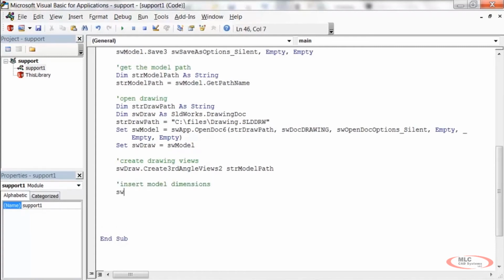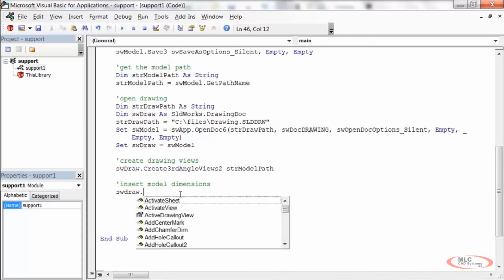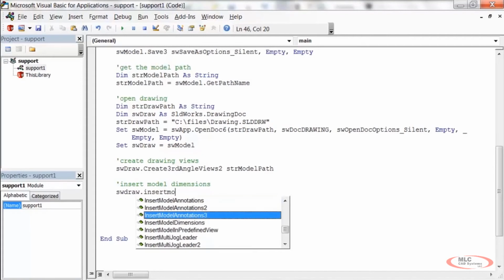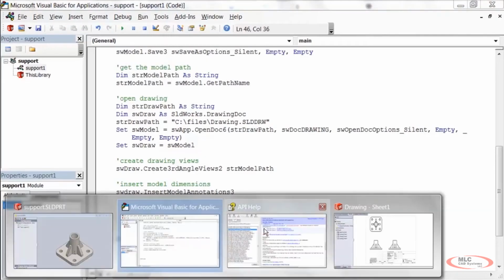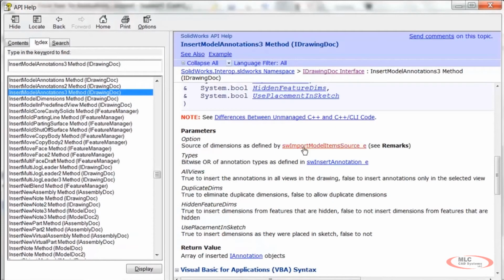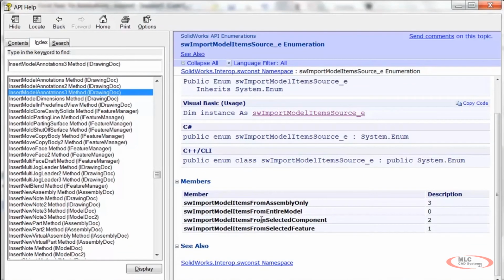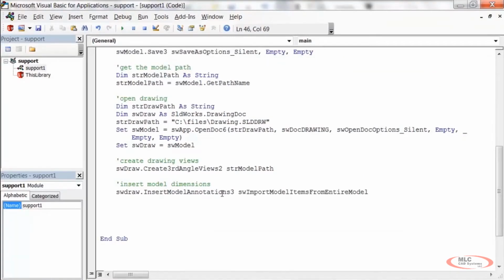And so what I'm going to do is just say swDraw dot, and notice I'm not utilizing any return value, even though if you want you can get an array of all of the annotations you've created, but arrays are well beyond what I want to cover in this series, so we're not going to worry about that for now. But we'll look for InsertModelAnnotations3, and now for the first option, let's go back to the API help and see what's available. Source of dimensions as defined here, and let's grab this from the entire model and paste it in there,